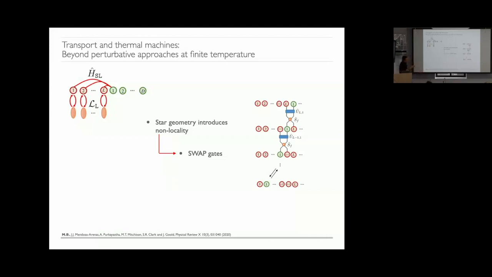Brilliant. All right. So this is the direction we went with, swap gates, which is typically not good in the community. Yeah, people don't really use them because of this reason. They believe the correlations will be spread all over the place very fast, and then your bond dimension will basically explode.